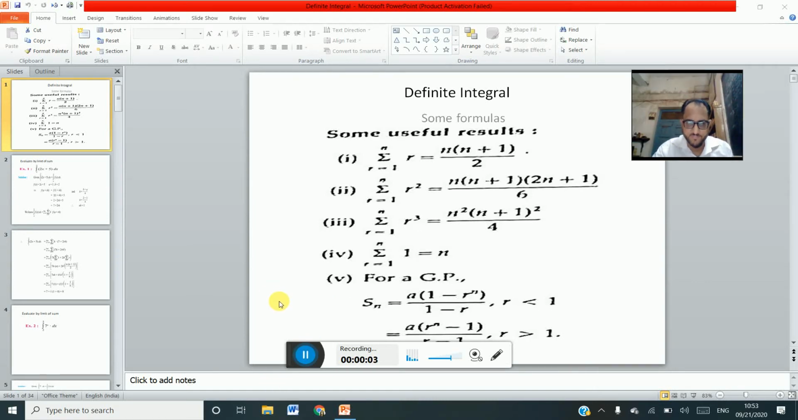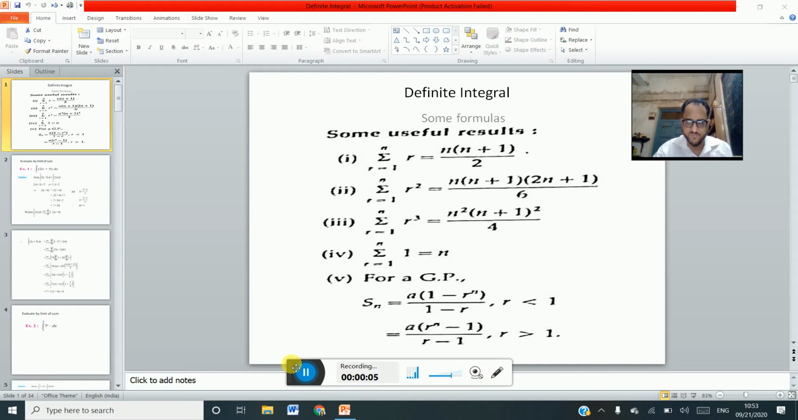Hello everyone. In the previous class we completed the chapter integration, and I told you to complete the examples of the exercise. So today we start the next chapter, that is definite integral. And the first topic in the definite integral, that is definite integral as a limit of sum, that is